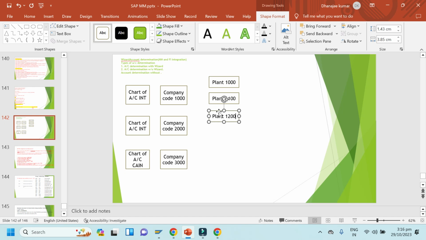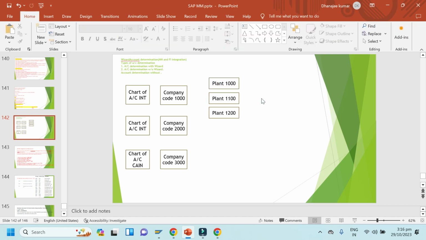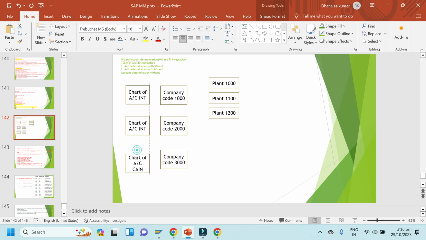Okay. So let me draw. Just draw this diagram.